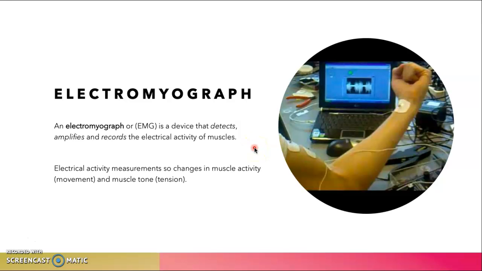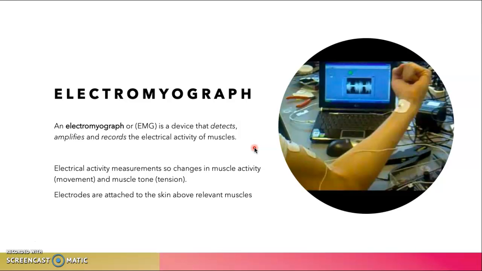So specifically, when we're looking at an electromyograph, we're looking at the measurement changes in muscle activity and muscle tone. And muscle activity is the movement of your muscles, and muscle tone is the tension. So you can see in this picture here, this person is quite tense. They're holding their biceps nice and tight. And they're not necessarily moving while they hold that, but as they're putting themselves into that position, that would record